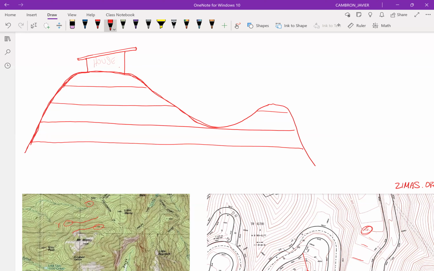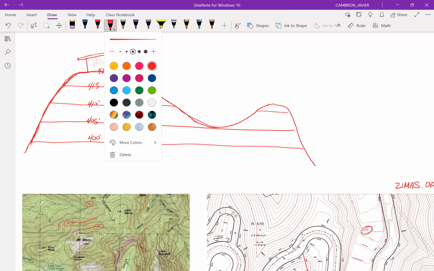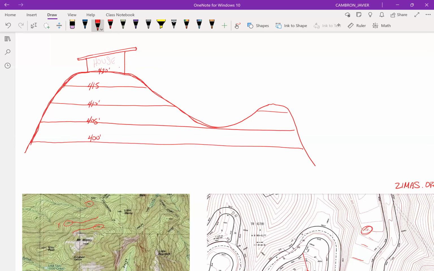Let's say we are at 400 feet. This would be 405 feet. This is 410. And this would be 415. And let's say this is 420 feet. These are our major lines. Within these major lines, we're going to have